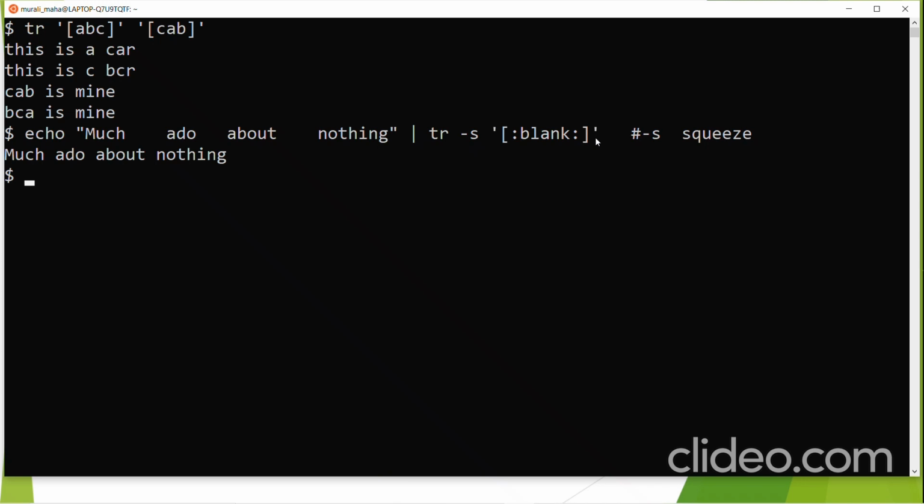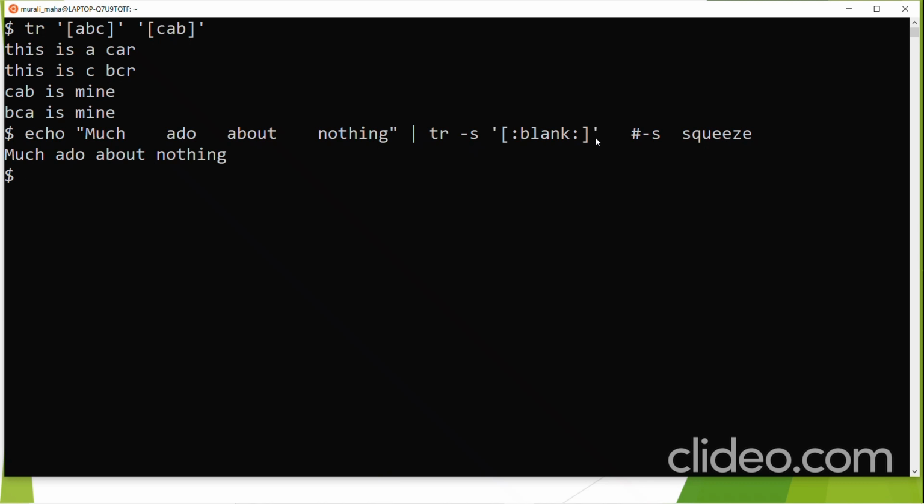Then there is another thing called vertical space. Vertical space, apart from space and tab, includes the newline character also. So when you are concerned about the space character, tab character, and newline character, any one of these, then it is [:space:]. When it is only horizontal spaces like space and tab, that is [:blank:].